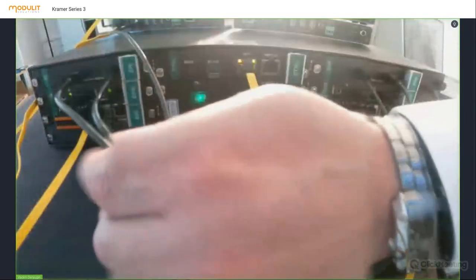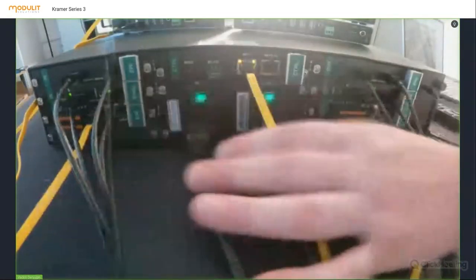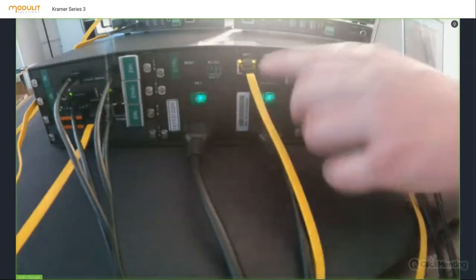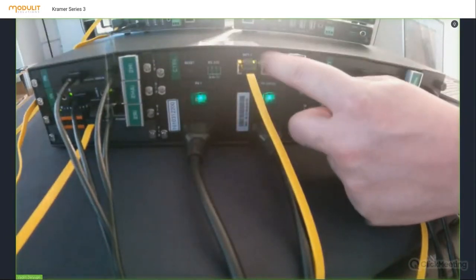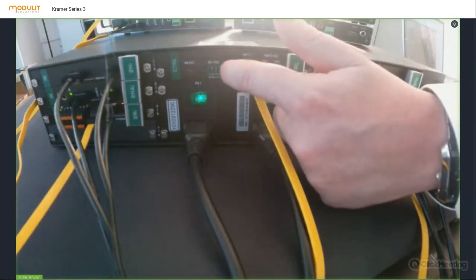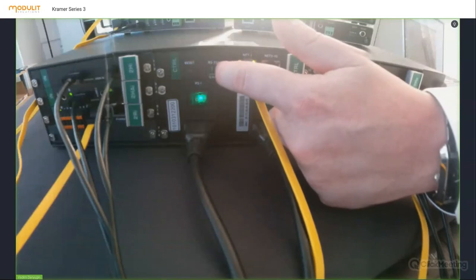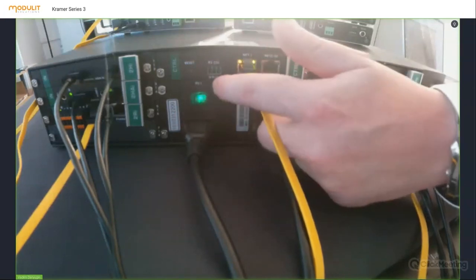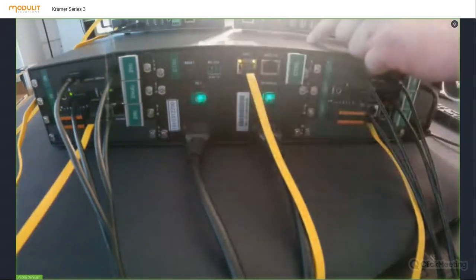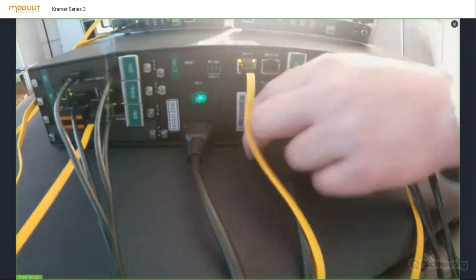We have four input HDMIs. We have some network connection for the control. We have a reserved network port for additional control. Also RS-232 on a quick connection terminal. We have two power cables. Let me explain you how it works. First one powers the matrix itself, and if you are using the